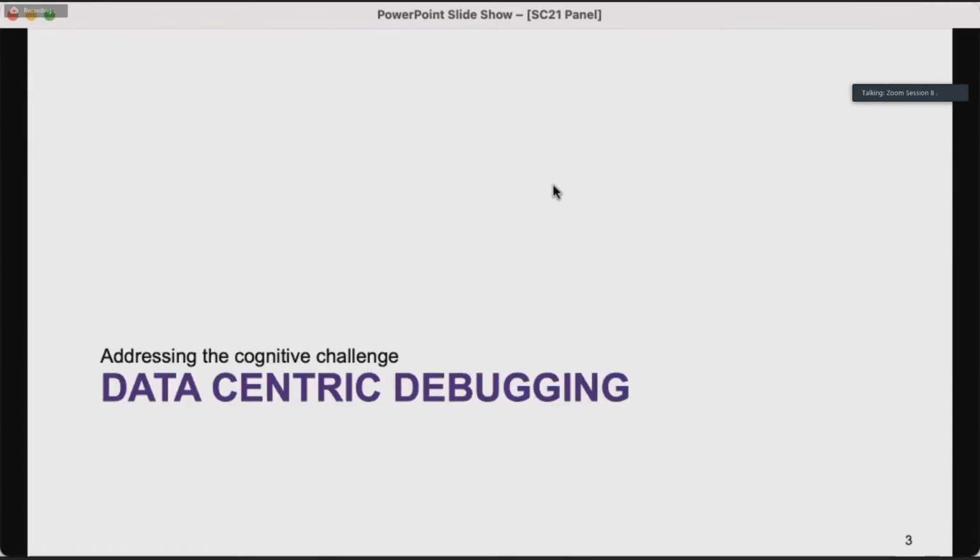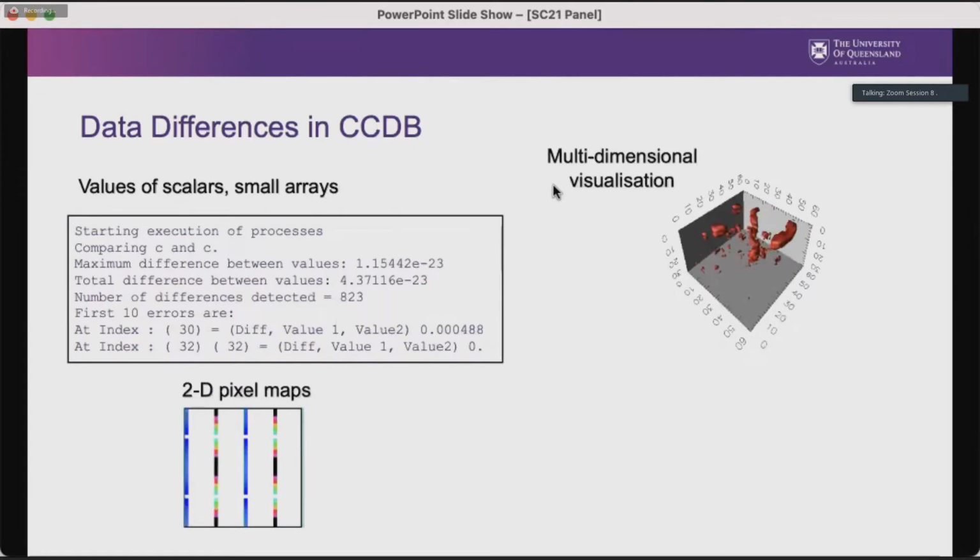So some years back, we started playing around with this idea of data-centric debugging, where you're trying to debug the data structures and the data flow within an algorithm rather than worrying too much about what the actual control threads are doing. I mentioned before that what doesn't scale is printing out values, and you can see on the left side there that we're printing out a few values, so that's all very nice, but when things get very large, that doesn't work out too well. So we've done quite a lot of work over the years using scientific visualization techniques to try and show what's happening inside complex data structures. And I'll show you on the next slide a little bit more about that.